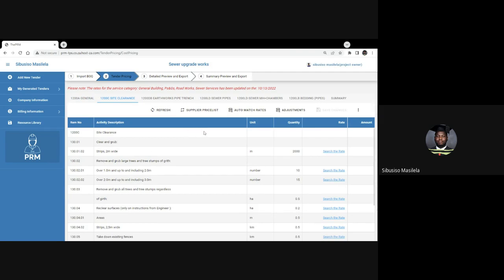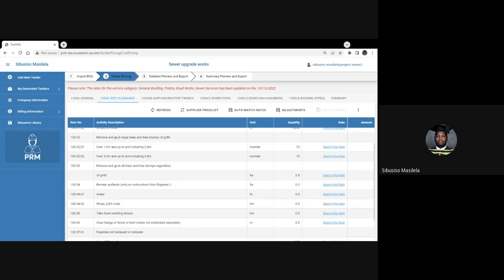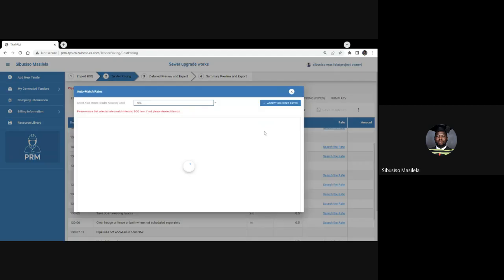So we can proceed. Now, for you to be able to price your BOQ using the software, you have 2 or 3 ways which you can do it. The first one being the easiest one, or the one that we hope we can all be able to use successfully, which is the auto match. Auto match allows you to look for rates in the systems that are matching your descriptions or your activities, what you are looking for, and then apply those rates to your bill. So now if we click auto match,